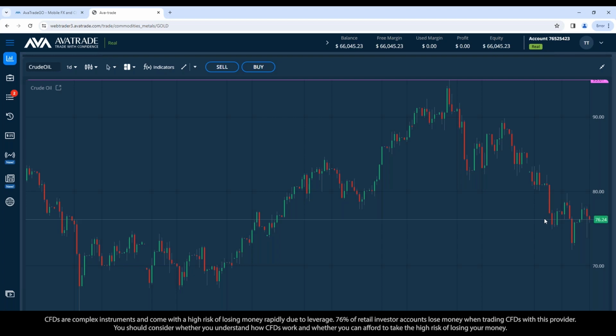So if you're looking for an opportunistic entry point to buy on crude oil, thinking that, okay, there could be some positive data eventually that'll bounce crude oil back up, then this has been a large drop off from near 100 a barrel down to 76 and change a barrel right now. So it wouldn't take much risk if you wanted to buy, for example, on crude oil, if you're anticipating a jump back up, to get your stop loss below these low points here. It's about $6 down, or $5 down, I should say, per barrel, to get your stop loss below all of these 1 day candles.